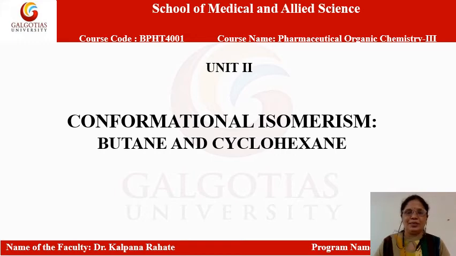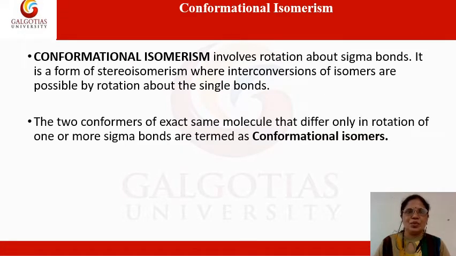Students, today we will study the conformational isomerism of some selected organic compounds. So let us first understand what conformational isomerism is. This is a type of isomerism which involves rotation about sigma bonds. It is a form of stereoisomerism where interconversion of isomers is possible by rotation about a single bond. The two conformers of the exact same molecule that differ only in the rotation of one or more sigma bonds are